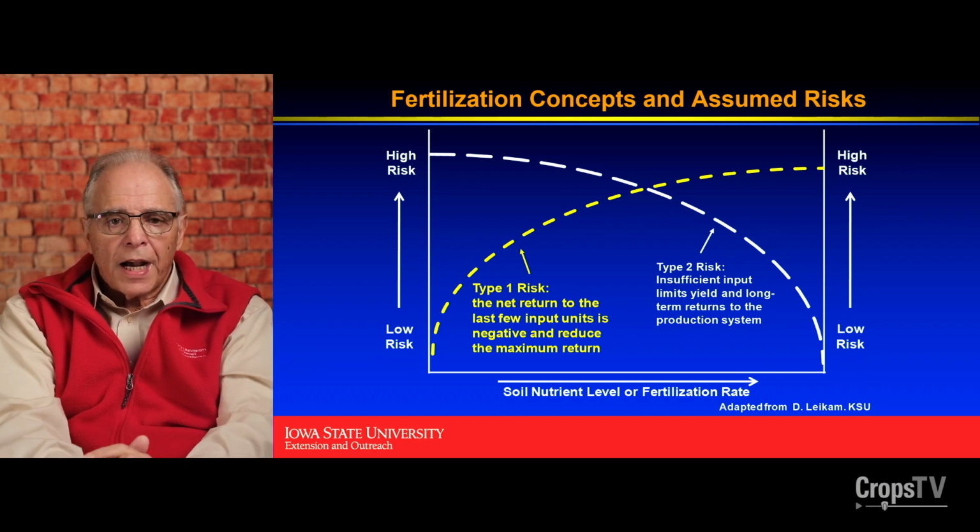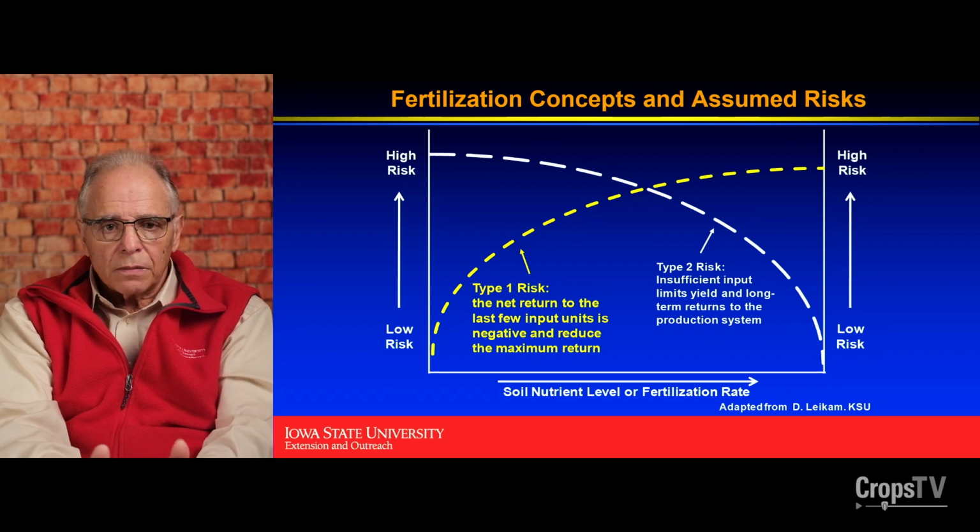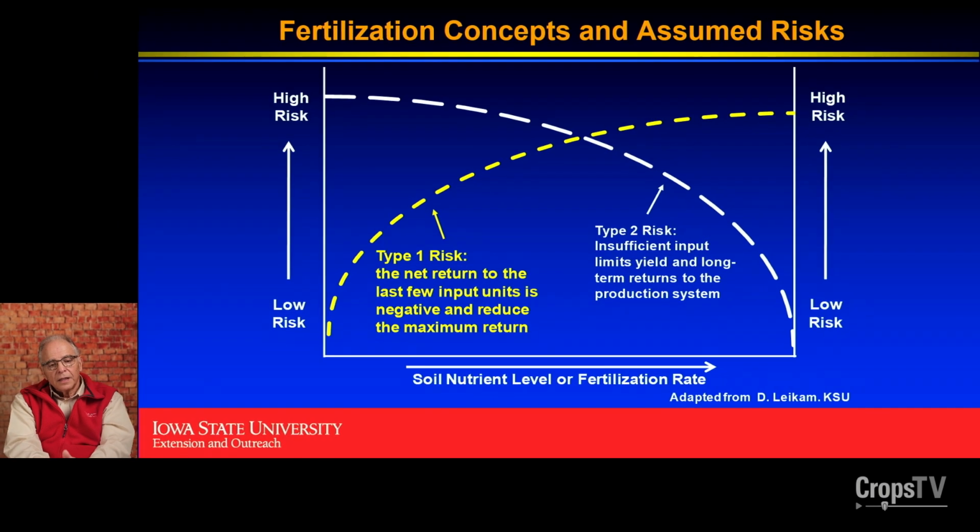Essentially, we have two types of risk. Okay, type 1, the risk assumed is that the net return to the last few input units is negative and reduces the maximum return, okay? So some may prefer that risk. But then we have the type 2 risk. Insufficient inputs limit yield and the long-term returns to the production system. So where are you? This is something that